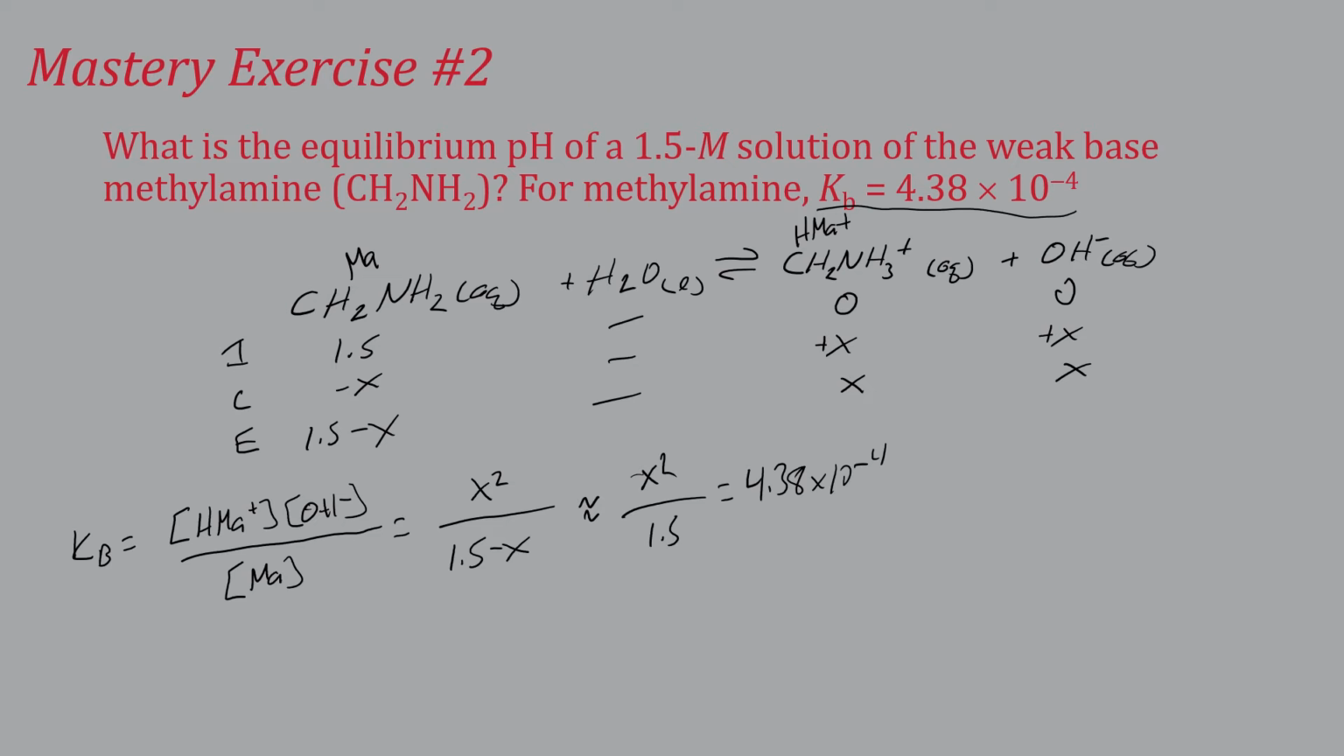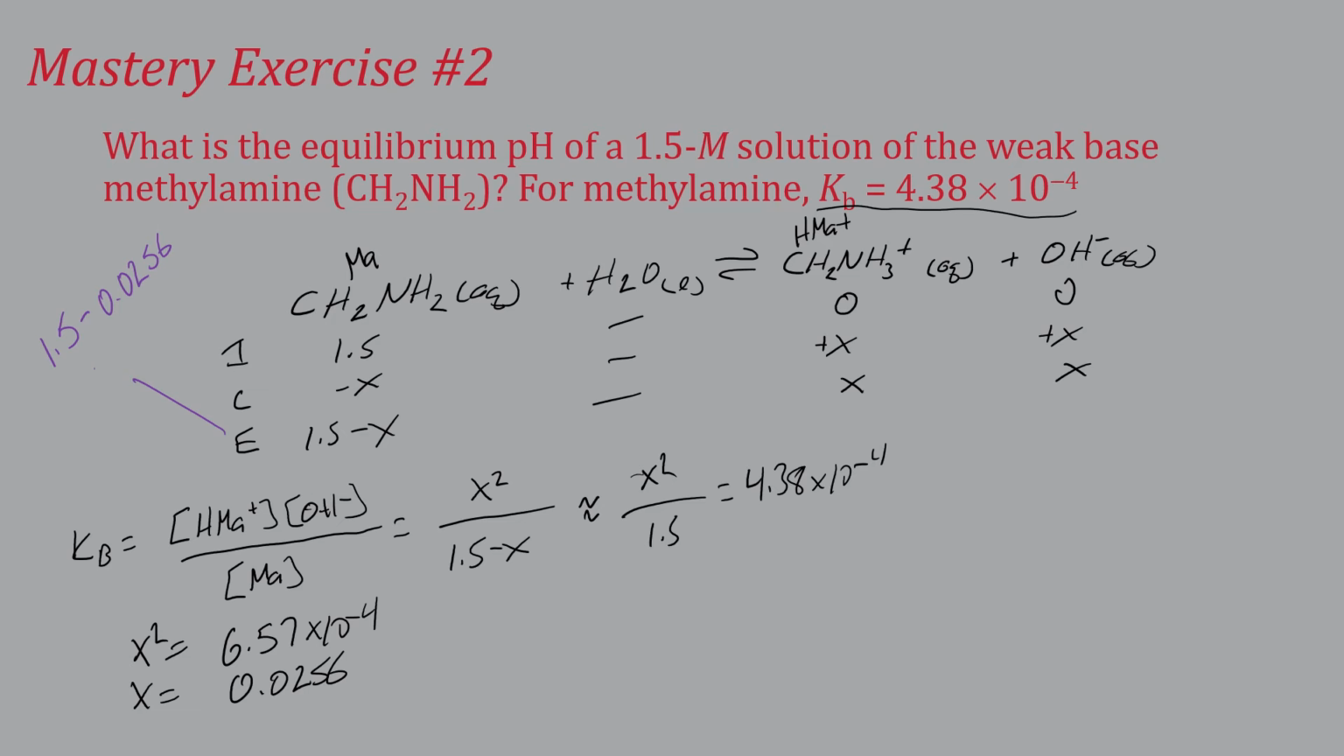Now doing the algebra, we've got x squared is equal to 6.57 times 10 to the negative 4, and that x is equal to 0.0256. Now, right off the bat, let's get a different color for this. Let's see if our approximation is okay. So here we've got 1.5 minus